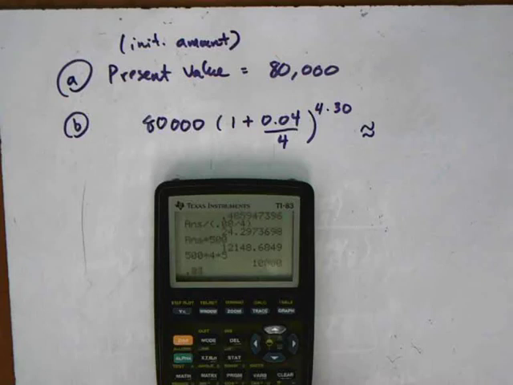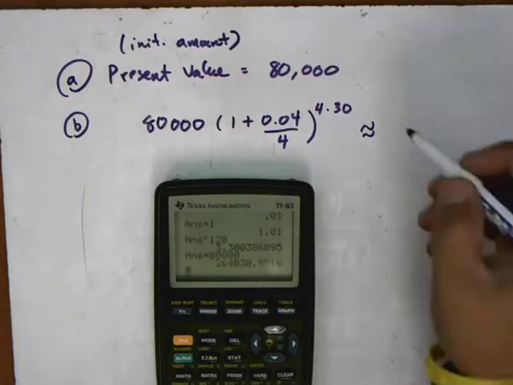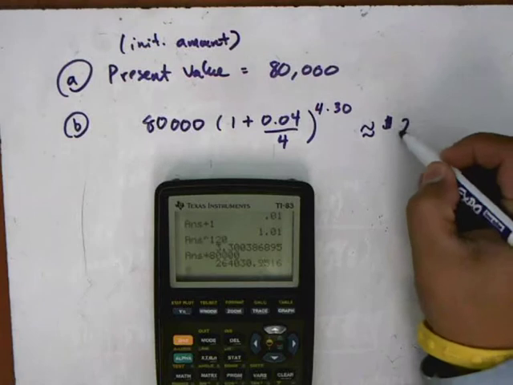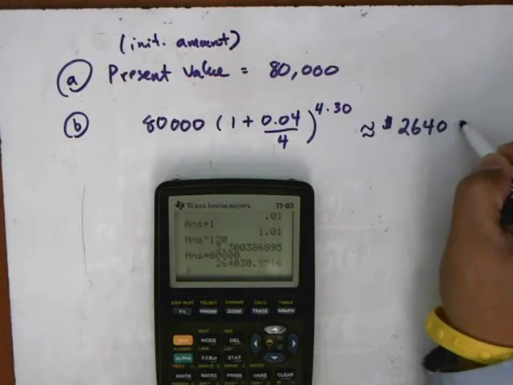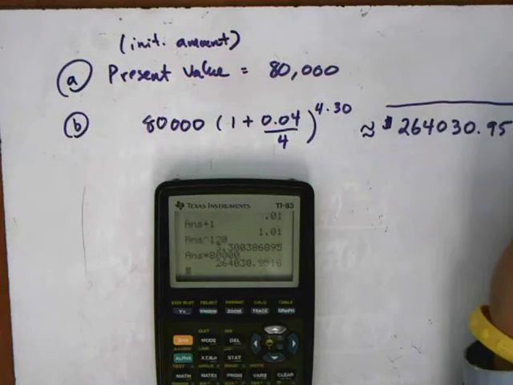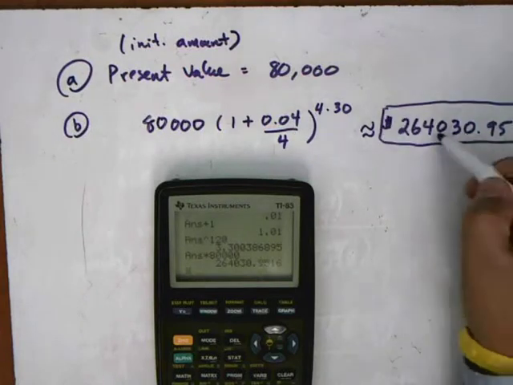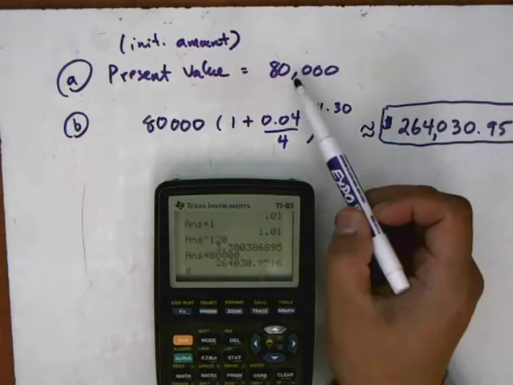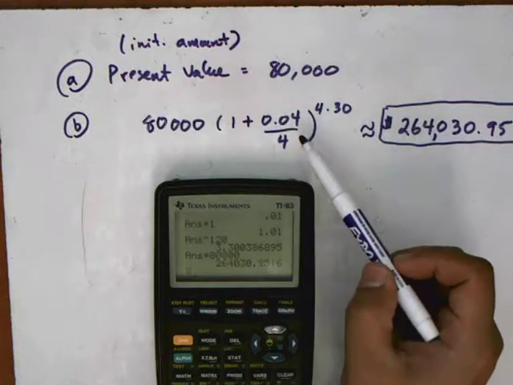So this is 0.04 over 4 plus 1 raised to the 120, because that's 4 times 30, multiplied times 80,000. So in 30 years, you're going to owe $264,030 and about 95 cents. And so this is a gigantic number, and it is pretty scary that you borrow this much now, and with 4% interest,